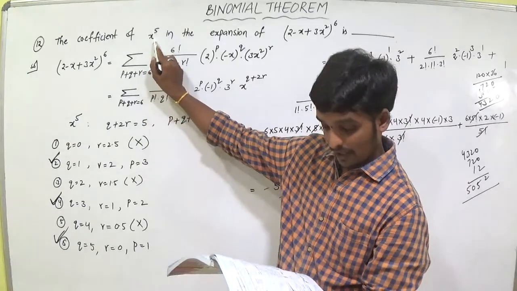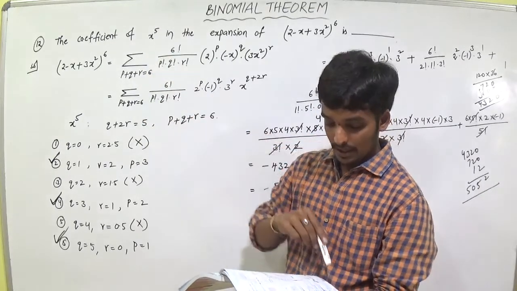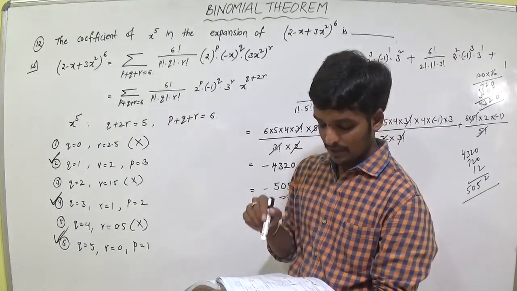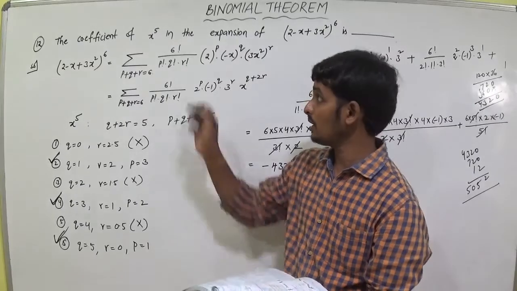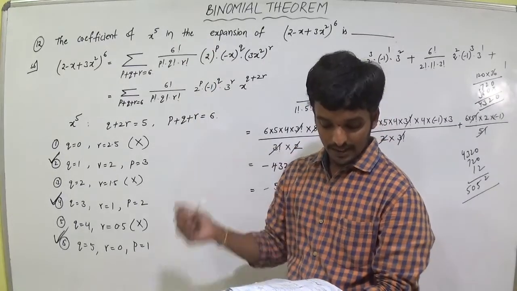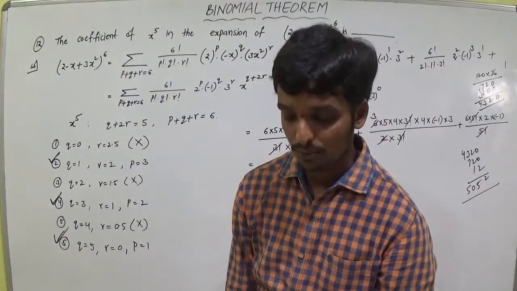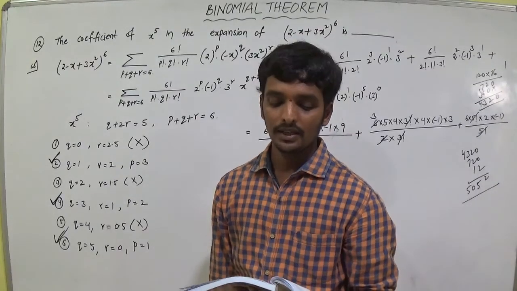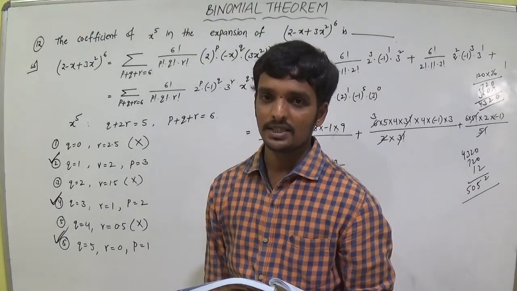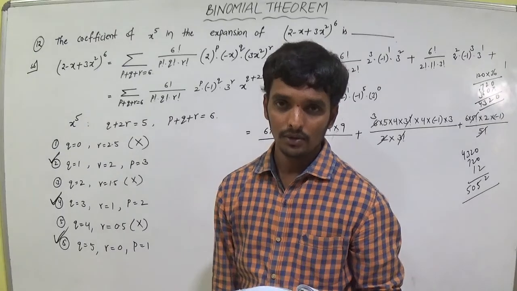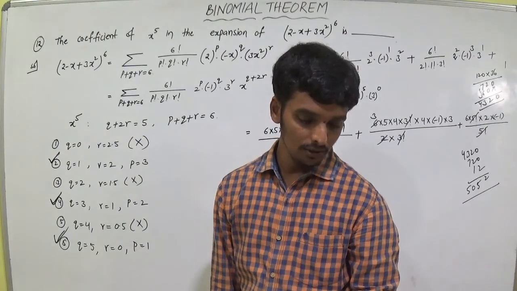The coefficient of x to the power of 6 is asked in the expansion 1 plus x square minus x cube whole power 8. You can do it like this. And the 16th problem is also the same model. The coefficient of x cube, they are asking x cube. So you can solve it. And the 17th question, the numerically greatest terms, you can solve. And the problems from 13 to 17.